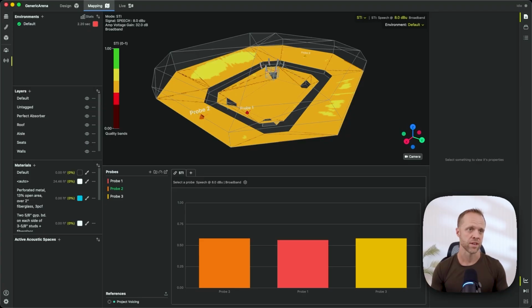Now we can see here that when we switch to STI, we get some of the fields that are locked out. And this is because the standard that has been specified requires certain input parameters in order to measure this accurately. But essentially, STI takes everything we've talked about, the direct sound, the room reverberant field, and the ambient noise level, and puts it together to give us a sense of what the clarity in terms of speech will be